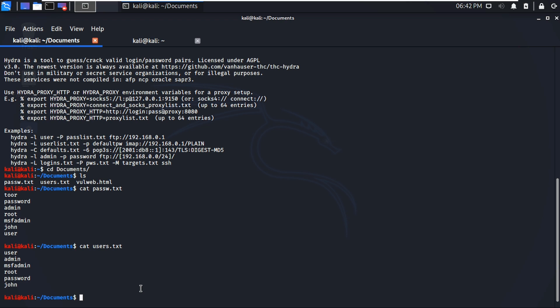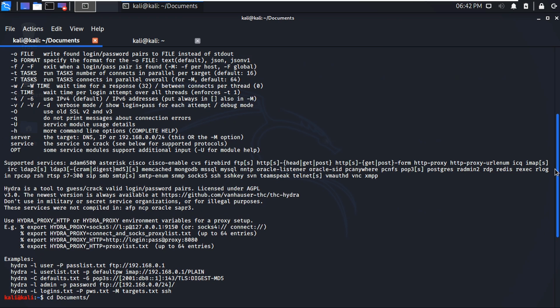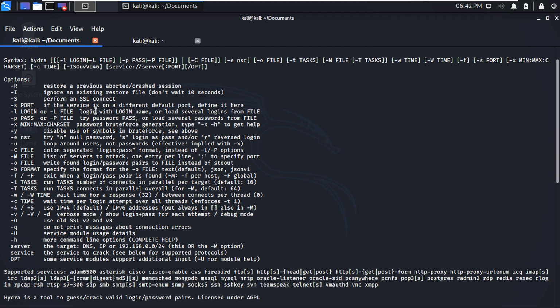to crack the FTP server. To do that, first type hydra and see the options. Look at the options. If we pass -l, small l, then we can pass only a single login name. If we are sure that this is the login name, then use the small l. But if you are going to pass a list of usernames, then you have to use the capital L. And the same for passwords.